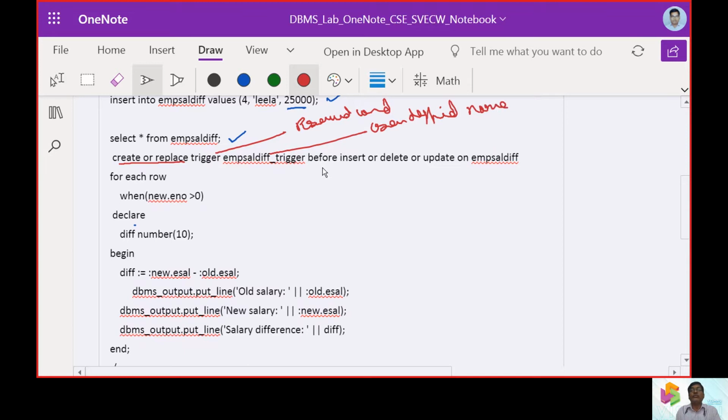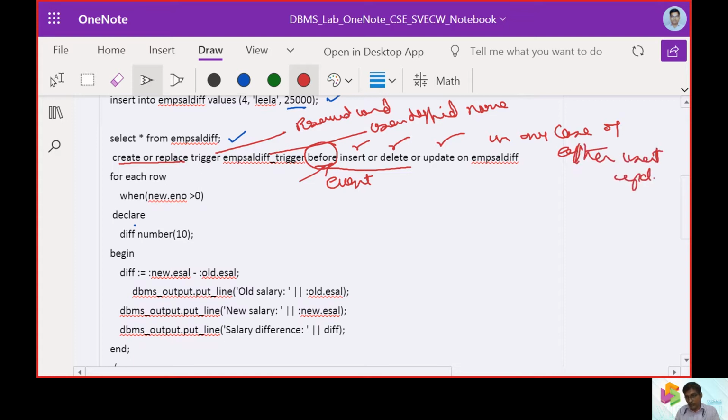Then the event is going to be fired before operation, that is before an insert, before a delete, and before an update. In any case of either insert or update or delete, the trigger is going to be taken up.